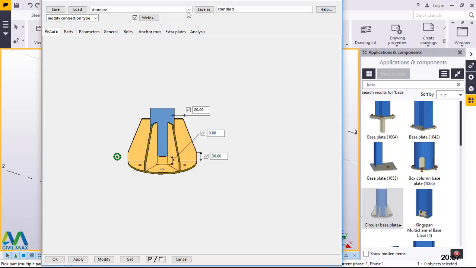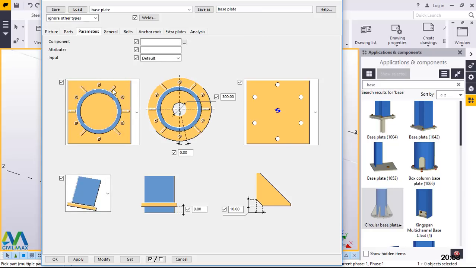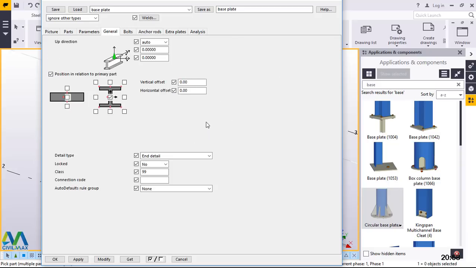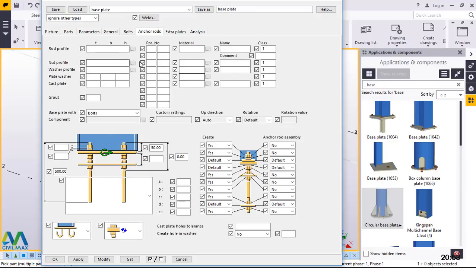Now I'll come to load. I'll come to standard here and click on this drop down arrow and pick on my setting here, and I'll go ahead and click load. I'll load my settings right there, and I'll also share with you the settings that I've used for the base plate. I'll come to parts here, and you can see my dimensions are here, and parameters are these ones here, and the general, there's nothing, I just left it for default, and the bolt settings are here, and anchor rods, I left it for default, and that's it. I'll just go ahead and click load